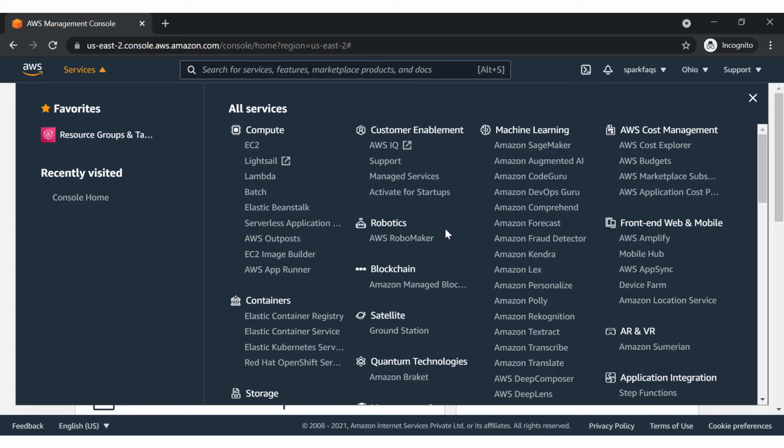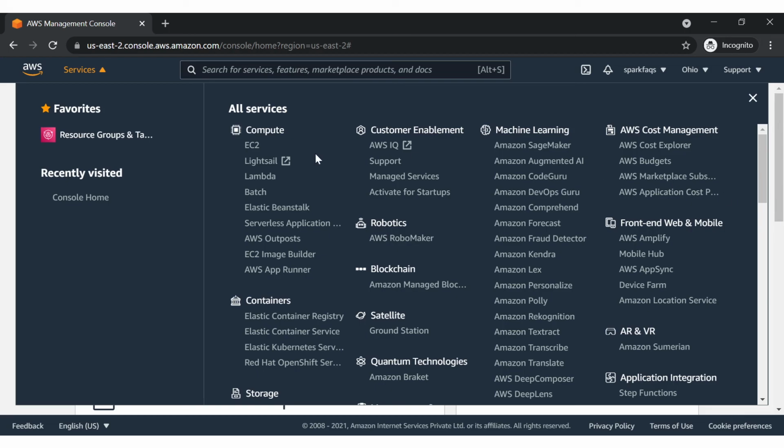You can start using the services, like the services start from compute, container, storage, and AR, VR, the virtual reality, and then you will have AWS front-end web and mobile development services. There are many more, right? So there are many more services provided by AWS. You can just explore it.